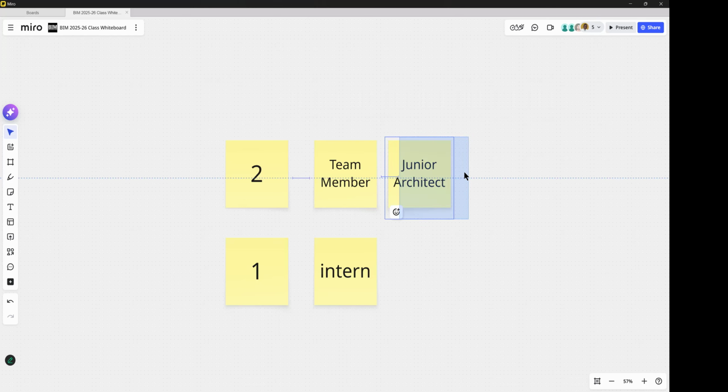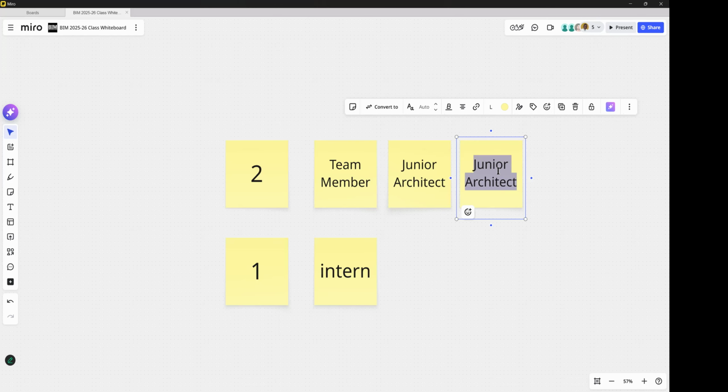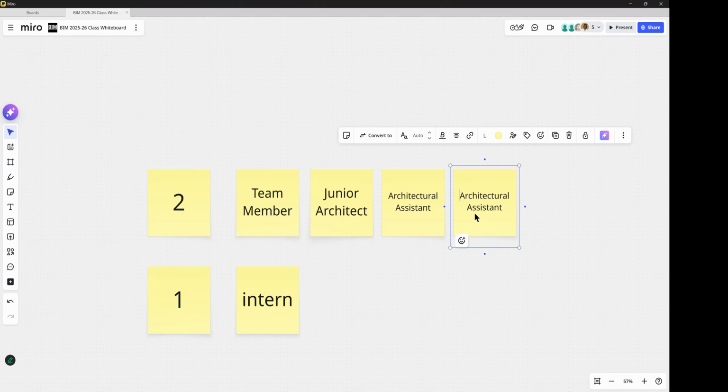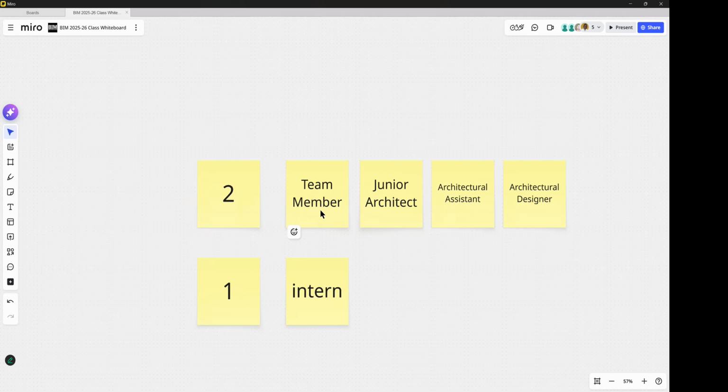Some places it's junior architect. Some places it's architectural assistant. Some places it's architectural designer. So you get what I'm saying, guys? There are many different names for it, but I put this at level 2. So level 2 is when you know the workflow and you can help to produce work.